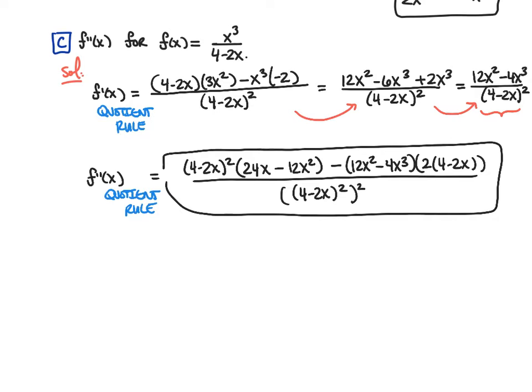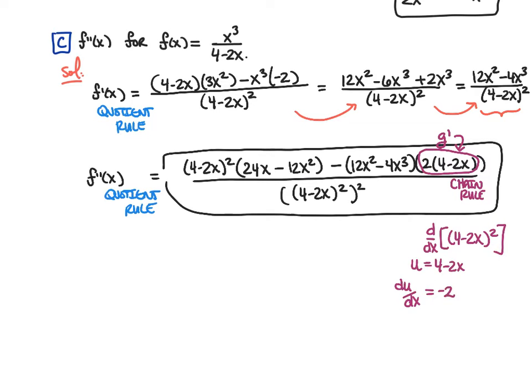Now, the thing I do want to highlight is look at this term here. I want to make sure that you guys see what's going on with this term right here. This is the derivative of the denominator. So that's part of the quotient rule, and that's actually a chain rule that's needed for that part. Because you're taking the derivative of 4 minus 2x squared. So your u is 4 minus 2x, and your derivative of u